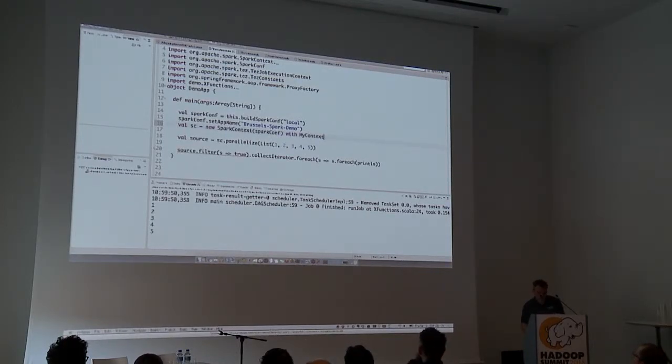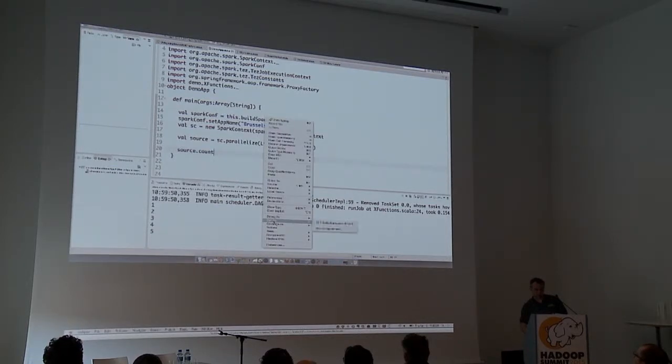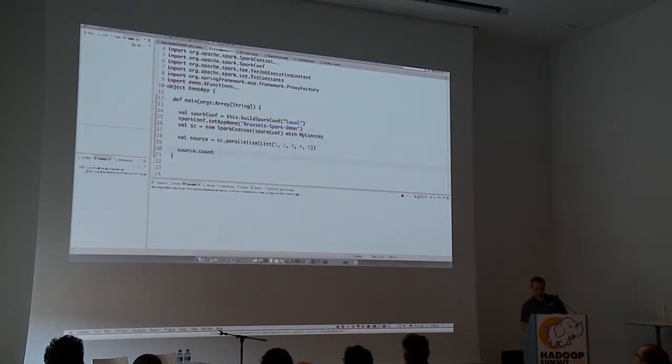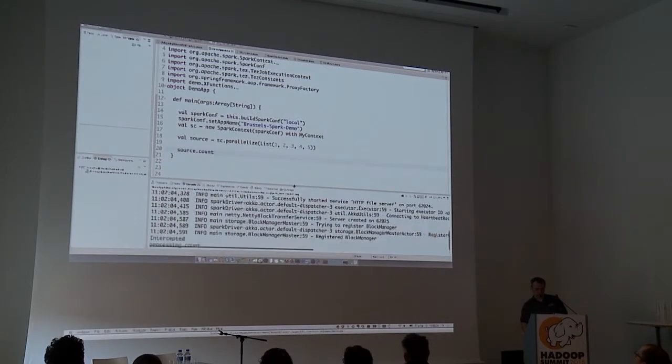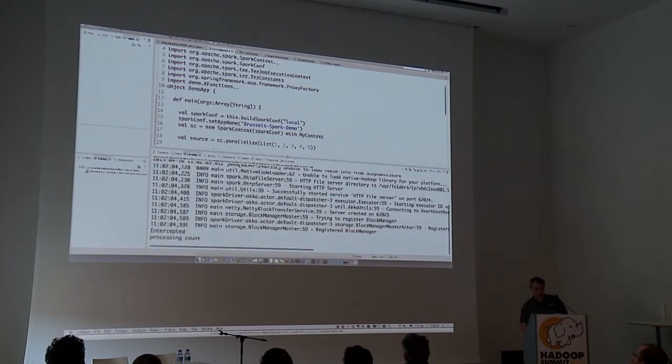So for example, now if I say source.count, right, and run it, we can see, at least from the logs, well, processing count, right?